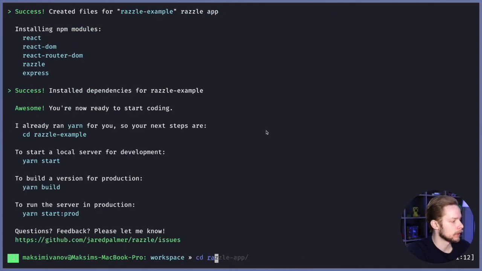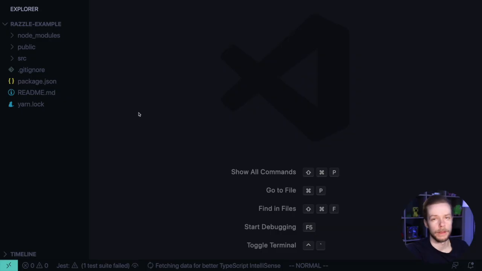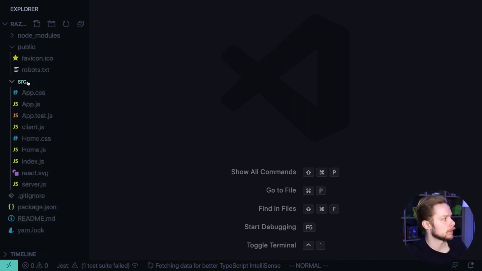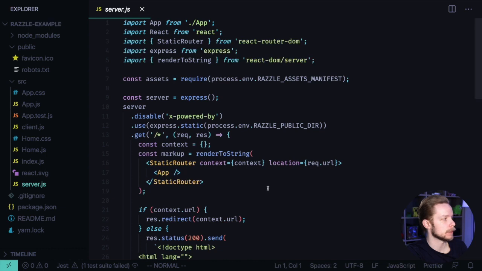Now I go to razzle-example and open the code. The folder structure that Razzle generates is kind of similar to the one that Create React App creates for you. It has a public folder with the static assets that need to be served separately. It has an src folder that has everything that will be included into the bundle. But in the src folder, it now also has the server.js, where it has an Express server setup that will